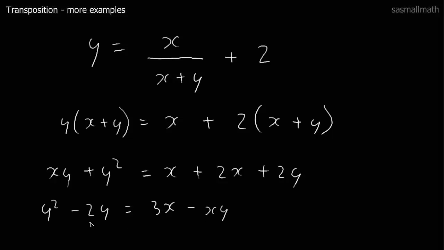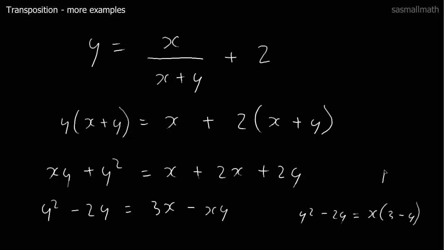Okay, we've got some common factors here. There's a common factor of x, so let's take that out. So we've got y squared minus 2y equals x(3 minus y),